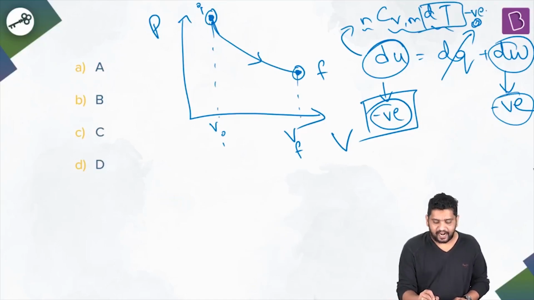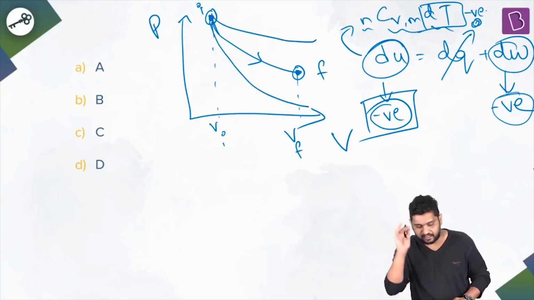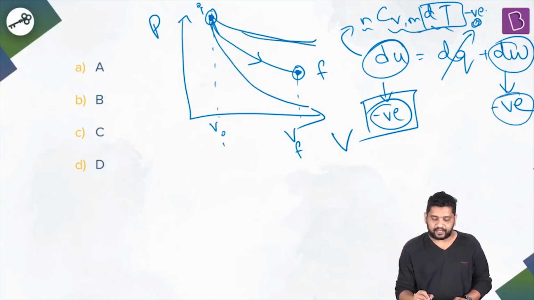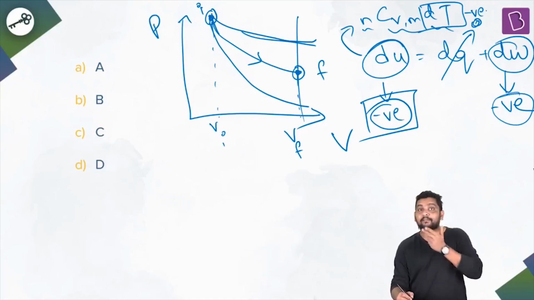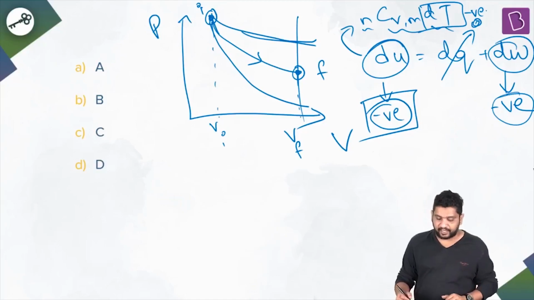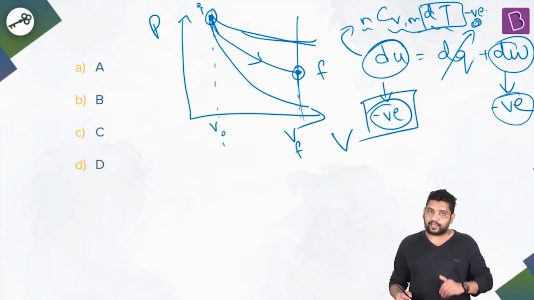Now let's say adiabatically I'm coming somewhere. I don't know. It could be either of these. Let's just say either of these is the adiabatic curve, right? I'm coming to the same final volume. At the same volume, higher temperature would mean higher pressure. No, Gay-Lussac's law, right? So we know that at the same volume, higher pressure would mean higher temperature and lower pressure would mean lower temperature, right?